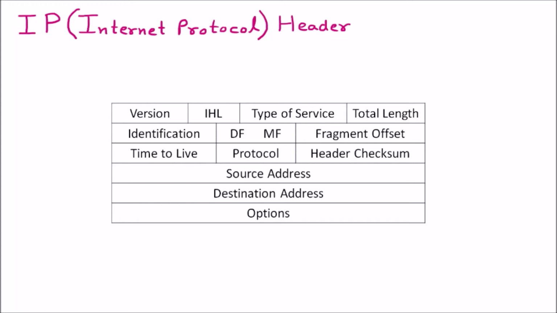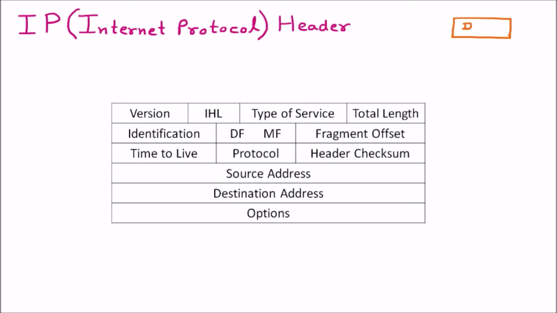Now we are discussing the topic IP header, also called the Internet Protocol header. Whenever we send data from sender to receiver, we send a specific packet. Let us suppose that this is our packet. In this packet there are two fields. The first thing is the data that we are going to send. I am denoting it with D.